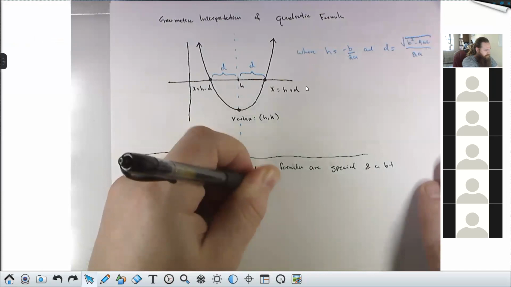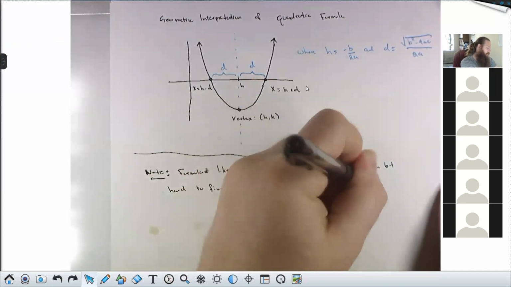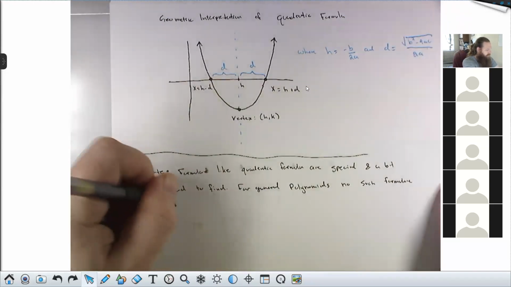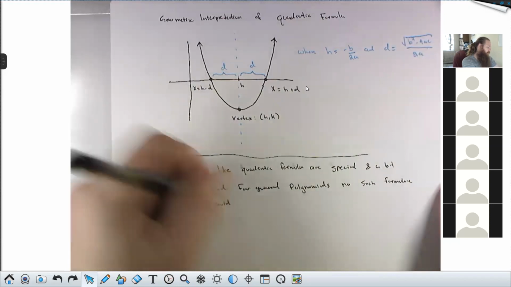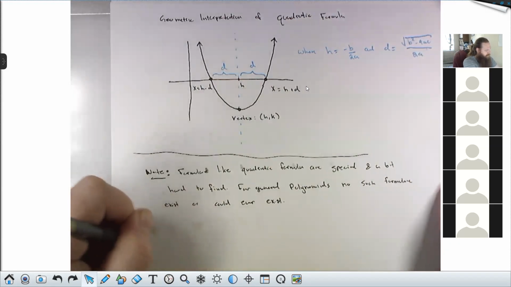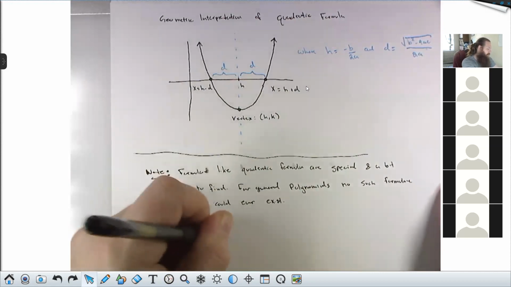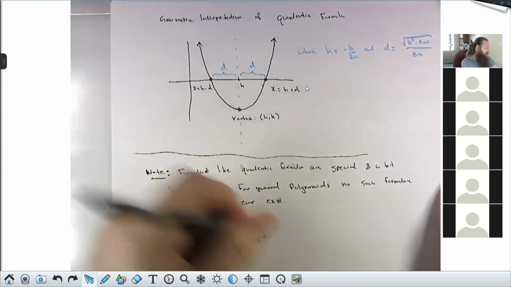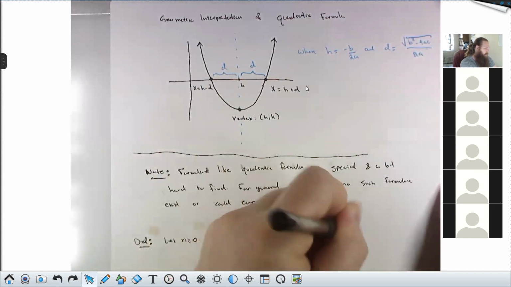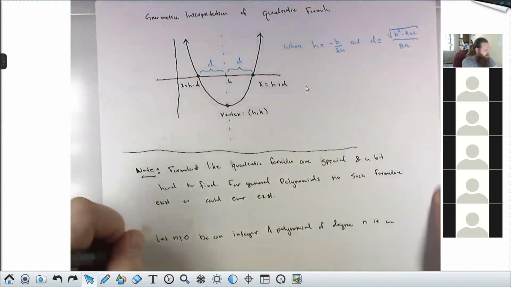For general polynomials, I'm about to define polynomials, no such formula exists or could ever exist. So what do I mean by polynomial? Well, let n greater than or equal to 0 be an integer. A polynomial of degree n is an expression of the form